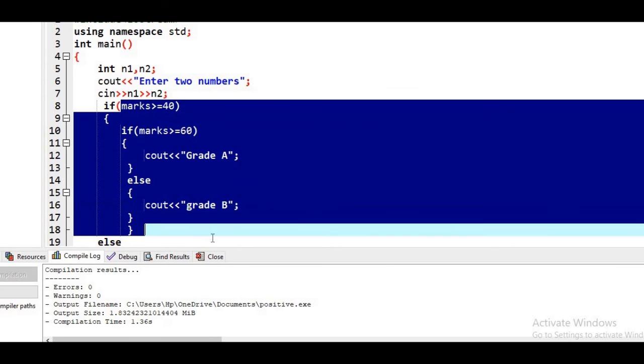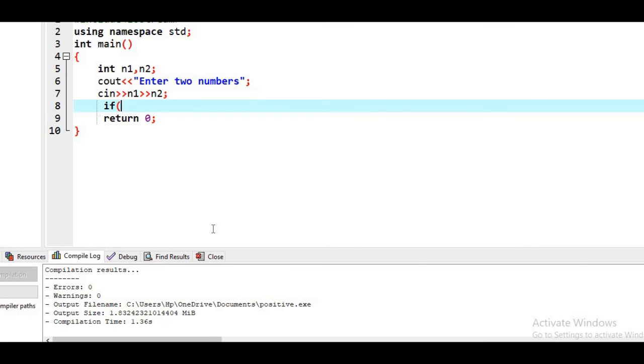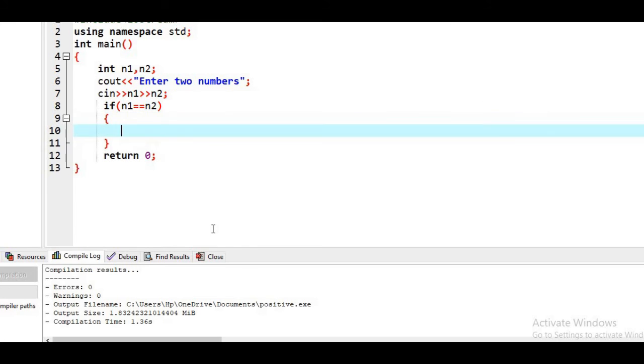So I'm going to delete this and then yes, if n1 is equal to n2, then we can say both are equal.